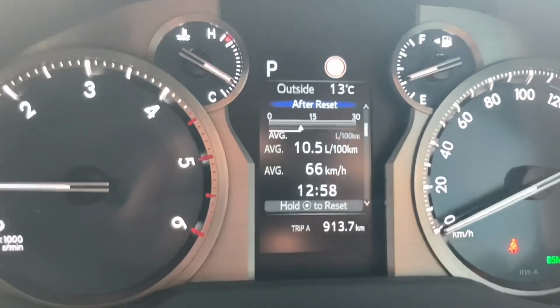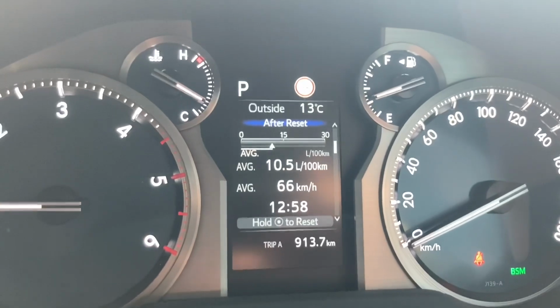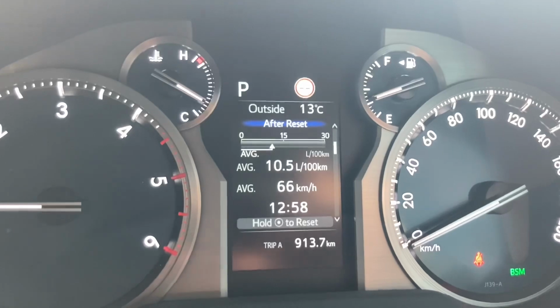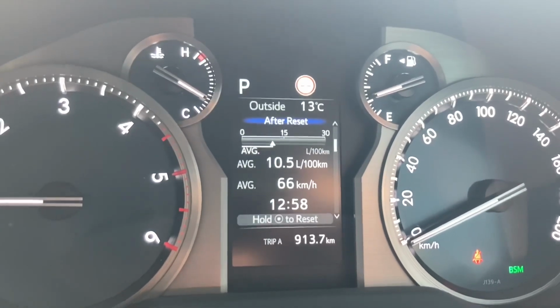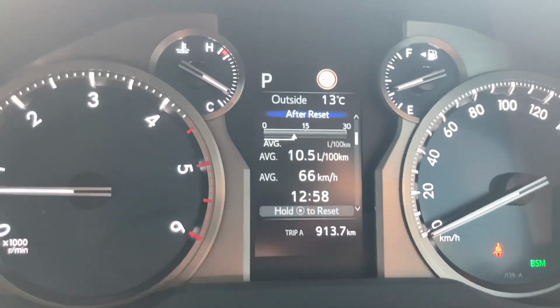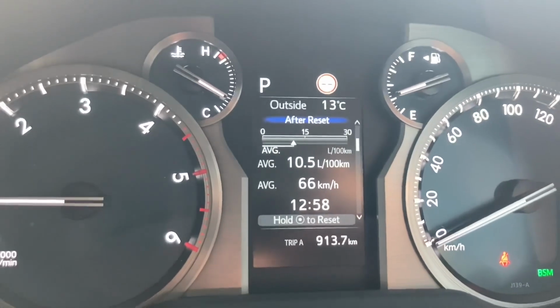Quick video for those that are following the 2022 real fuel economy video, what our fuel economy is. There's probably a playlist with that, and if there isn't, I'll try and put one together so that we've got the information there. But what I want to tell you about this one is we reset the trip computer at